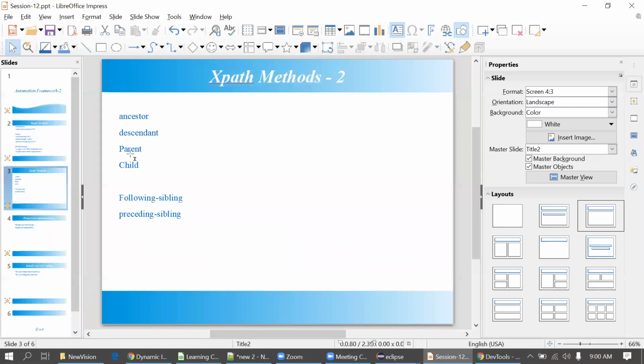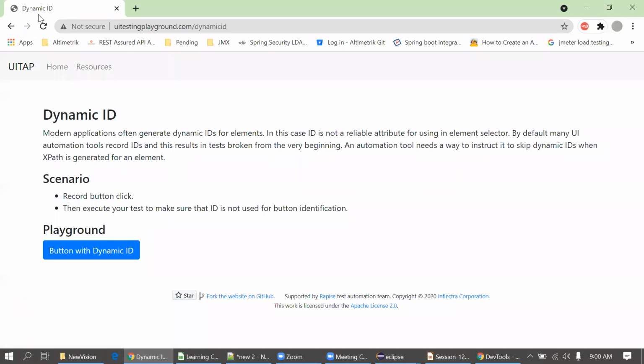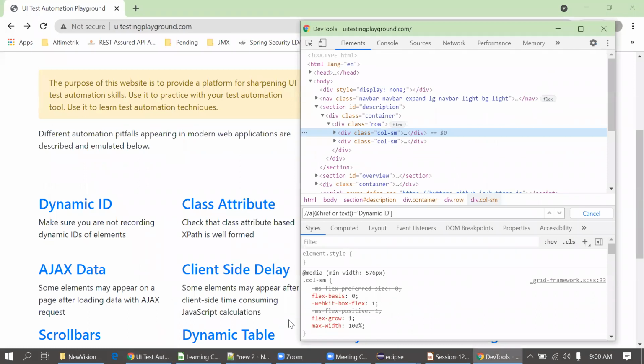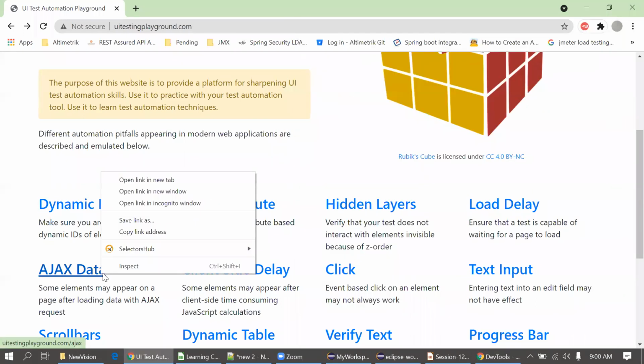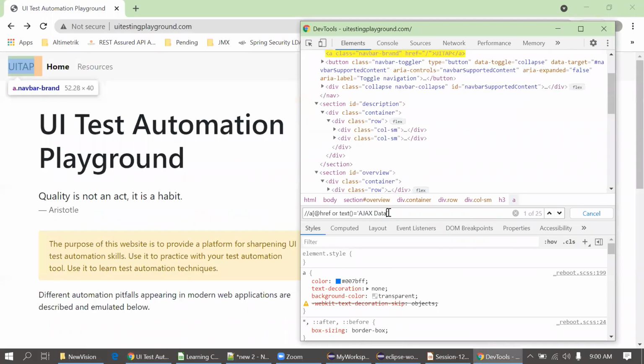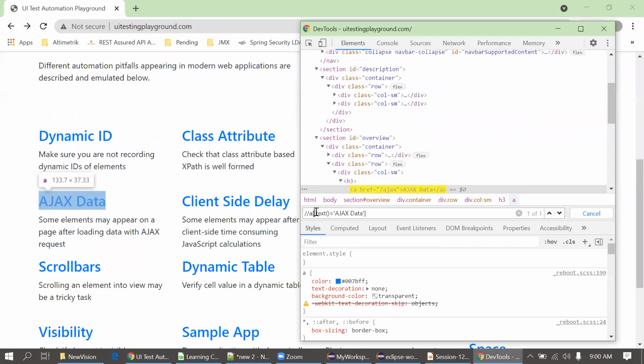Next I'm moving to ancestor, descendant, parent, child. What is an ancestor? What is a parent? I'll tell you the difference in the UI only. Here I'm getting only one element now.